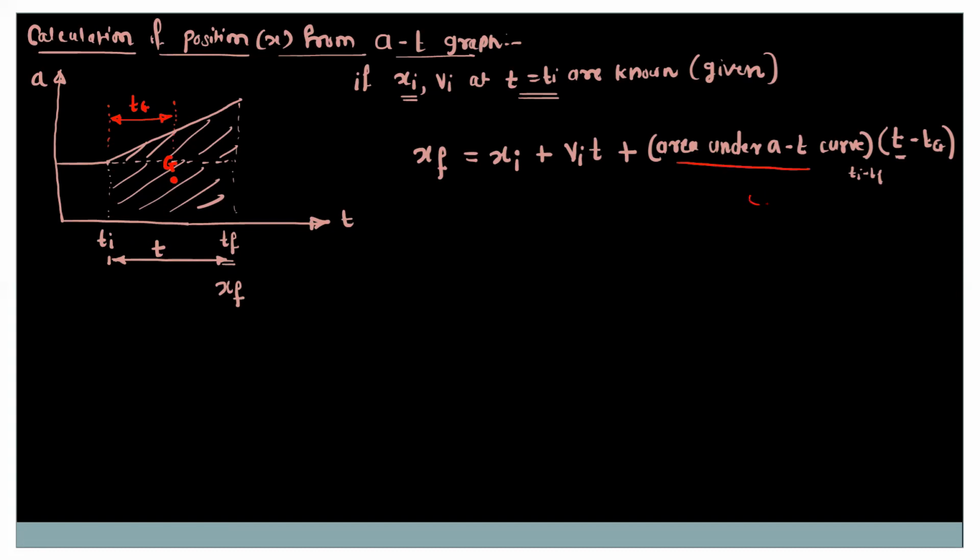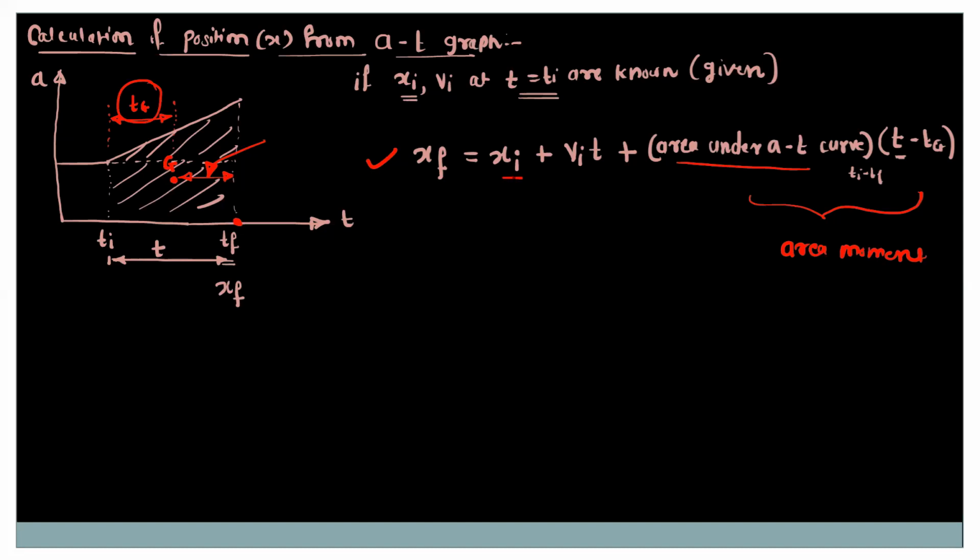Okay. So basically this quantity, this is called as area moment. That means we are taking the moment for the area under the AT curve with the final time. Okay. So to take the moment, we must know this distance because this is the center of gravity. Okay. So at this point, complete area is supposed to be concentrated. So to take the moment, we will consider the total area. Okay. So this is area under the AT curve and then multiply by this distance. So to find out this distance, we can subtract this Tg from this T value. Okay.